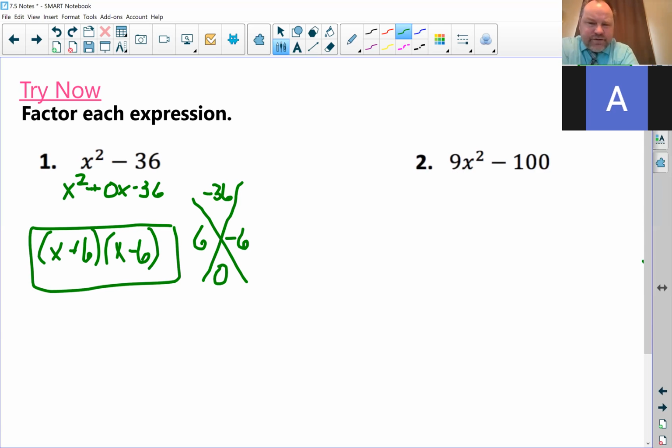If there is a number in front of the x squared, the x method doesn't work quite right. There is a way to do the x method, and actually we'll talk about that next week when we have a number in front of the x squared. It's just a little bit more involved. The easiest way, if you only have two terms,